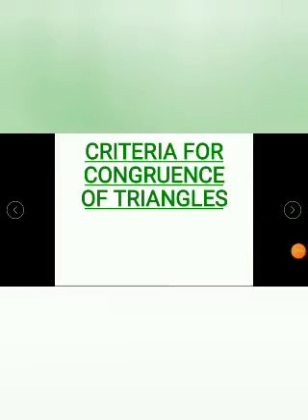Let's see what is today's topic. Today we can discuss the criteria for congruence of triangles. In the previous class we discussed what congruent triangles are, isn't it? Today we can discuss the conditions for triangles to be congruent. There are four main conditions for a triangle to be congruent. Out of that, we can discuss the first criteria. What is that first criteria?